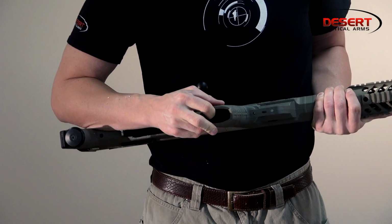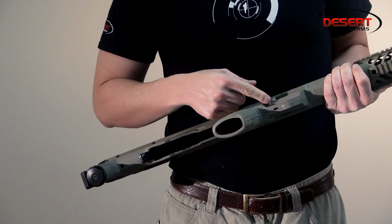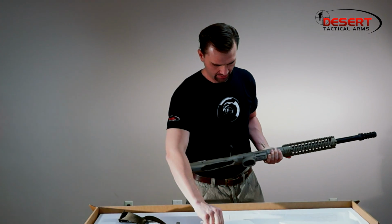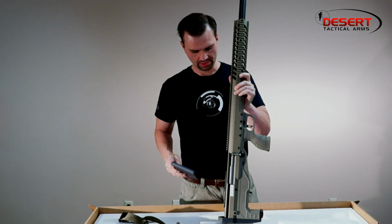And the trigger is actually set very nice now, but in a future video we'll go through and teach you how to fine-tune the trigger for the individual shooter. So the next thing is your magazine. On the HTI 50 cals and the 375s,